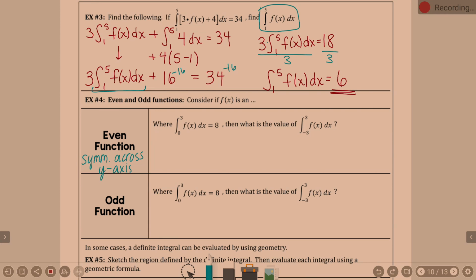So, what they're saying here, symmetric across the y, that means what? The left of my graph looks the same as the right of my graph, yes? If we're talking an integral and we're talking area under the curve, and the left and the right are the same, this is double. So this is saying where the integral from 0 to 3 of f of x dx equals 8, then what is the value of the integral from negative 3 to 3 of f of x dx? It's going to double it because the idea is,